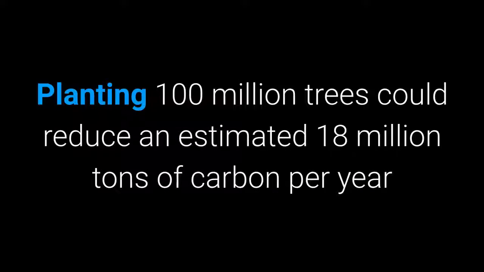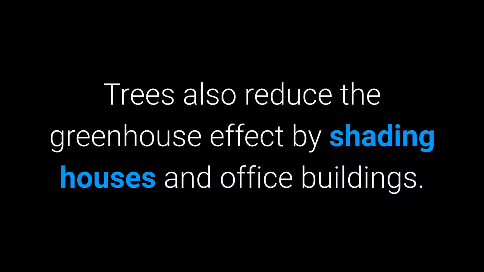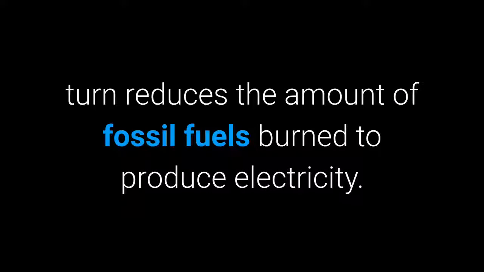Planting 100 million trees could reduce an estimated 18 million tons of carbon per year and consequently save American consumers $4 billion each year on utility bills. Trees also reduce the greenhouse effect by shading houses and office buildings. This reduces the need for air conditioning by up to 30%, which in turn reduces the amount of fossil fuels